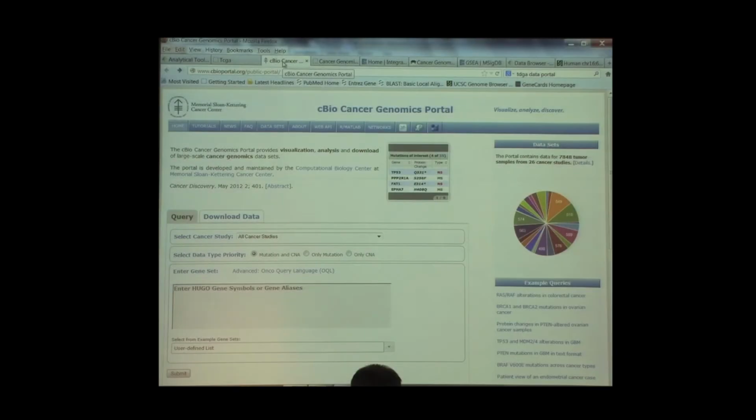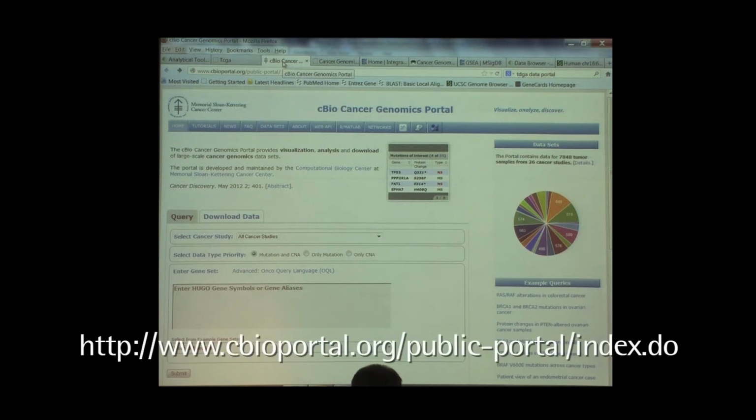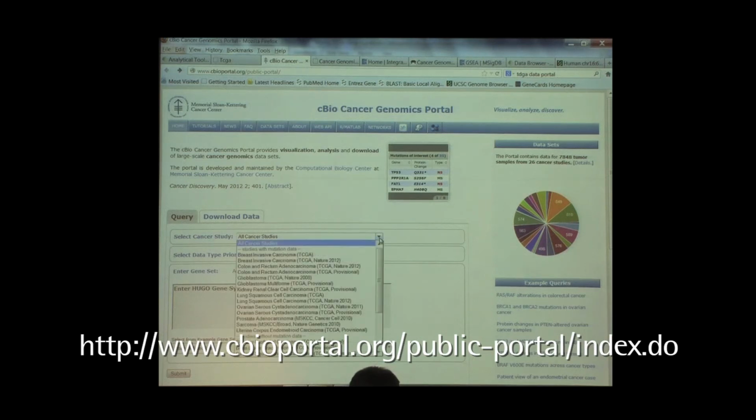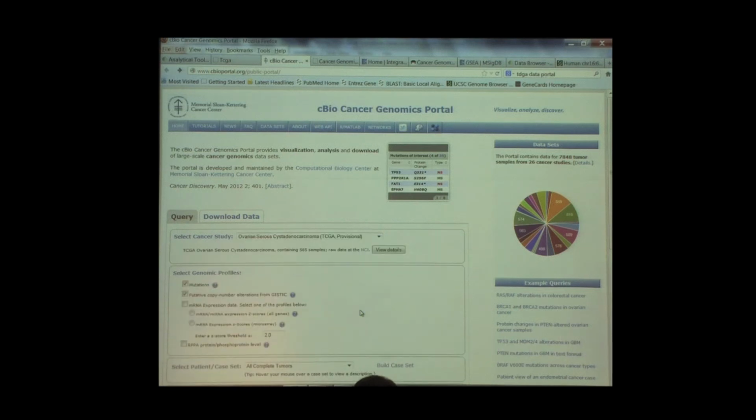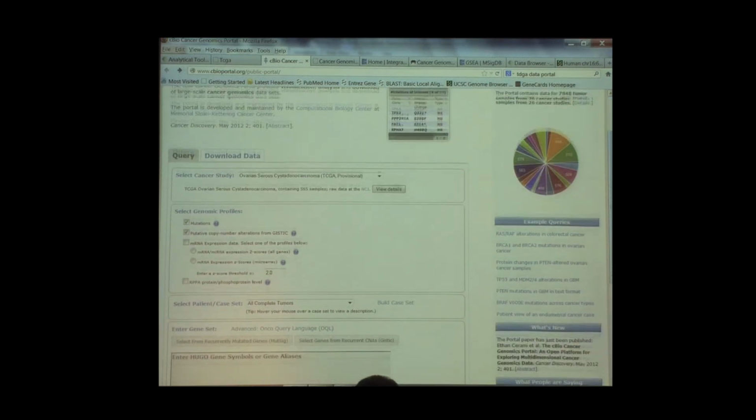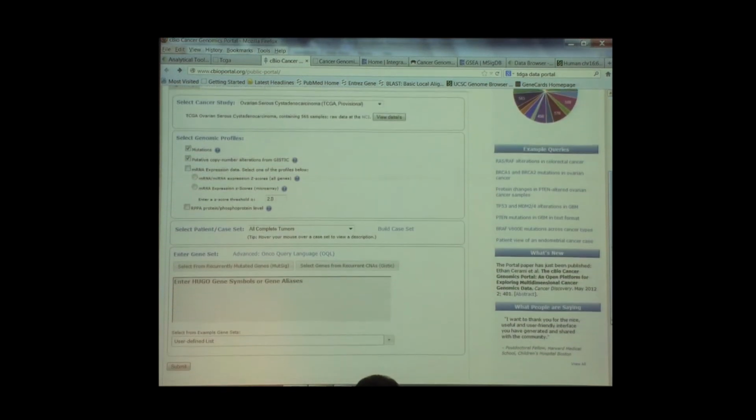And so the place to do that is here. And you're going to go and grab the provisional at the cBio. And you want to grab the provisional